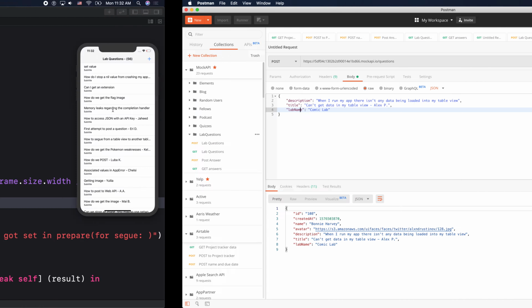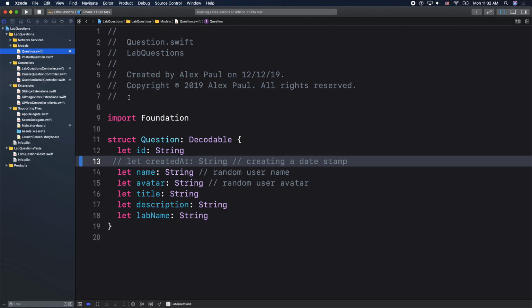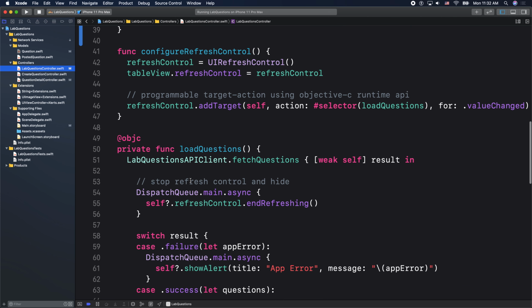So back in our app, let's go back and uncomment out our created at string. Go back to your question model, uncomment out created at. I'm in the question model. Go back to your lab questions controller and